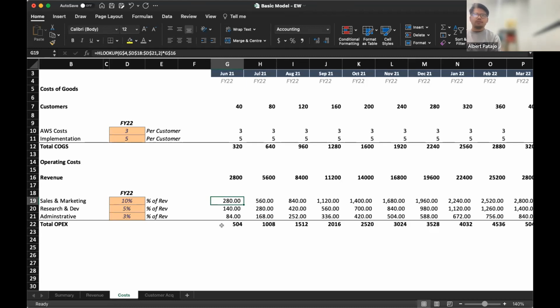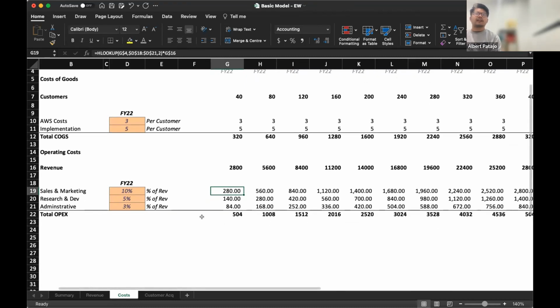So there's no true way to model it, whether you start at sales and marketing then go to customer acquisition and revenue, or go the other way, as long as they narratively fit together.